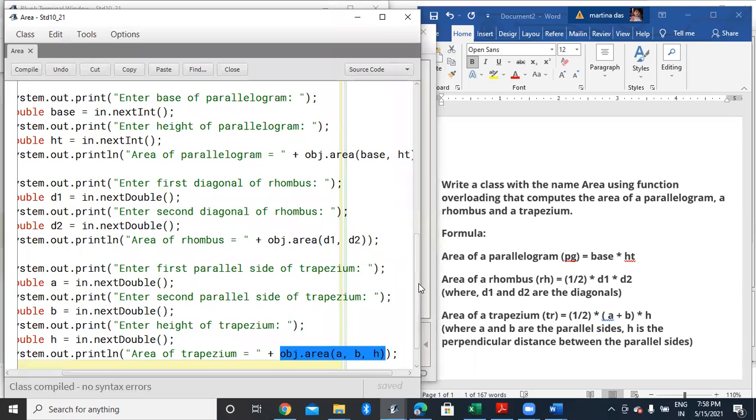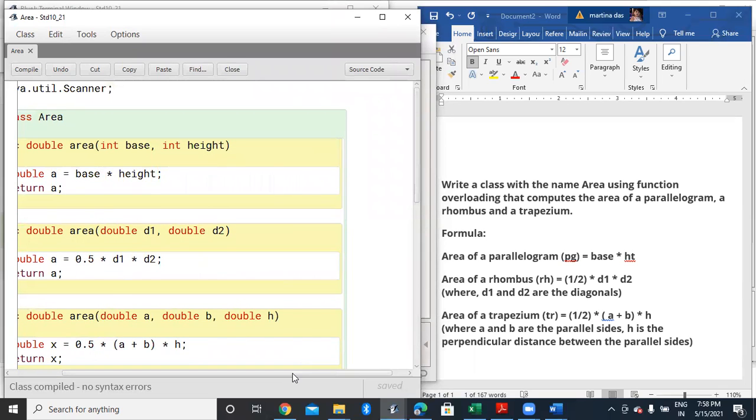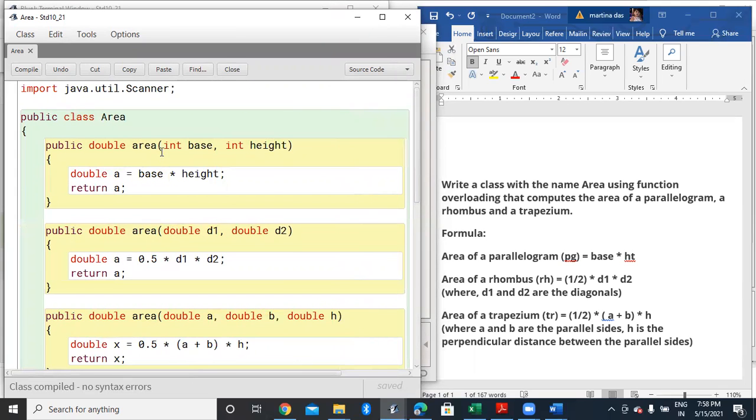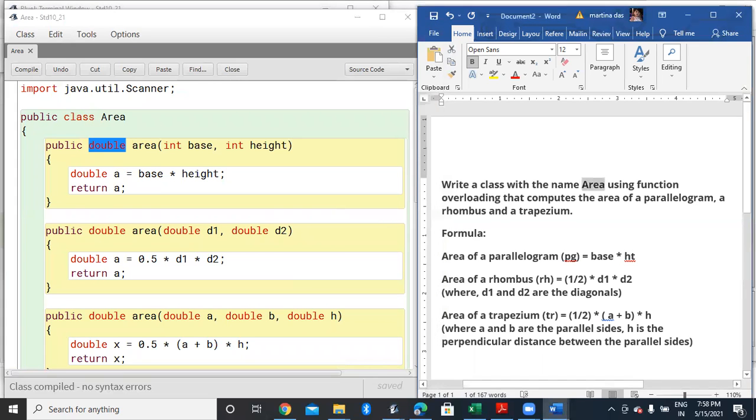Same method name, but they can be differentiated based on the function signature. So if by chance your parameter lists are the same, you can differentiate them with the help of a return type also. You can use a different return type, you can use void and use int over here. You can also make a difference with the help of the return type. So this is what function overloading is about.